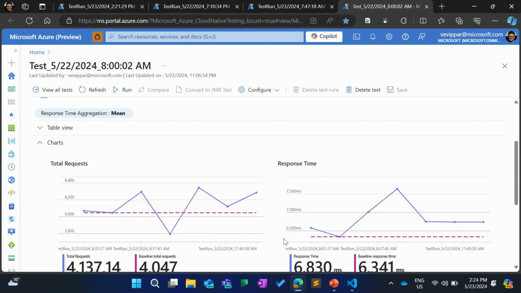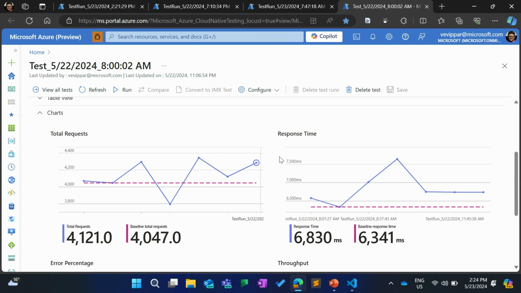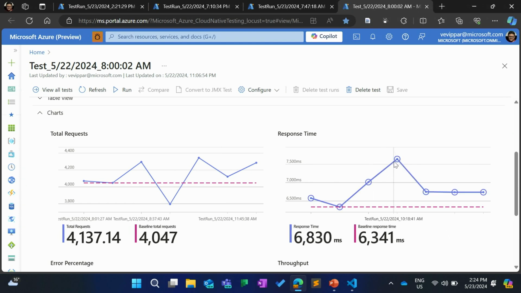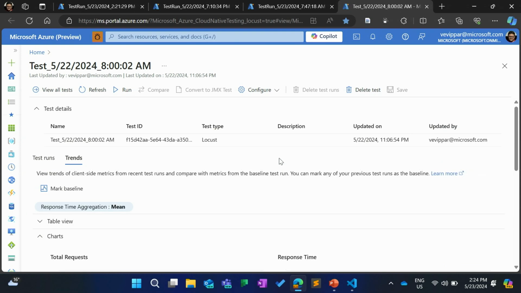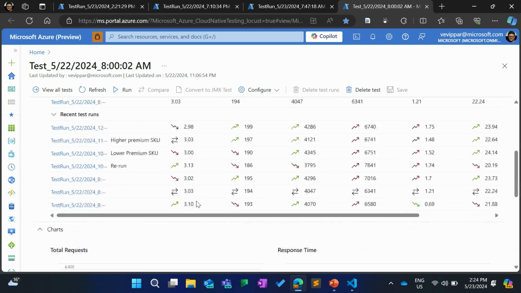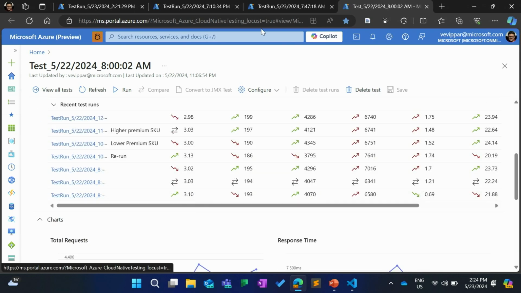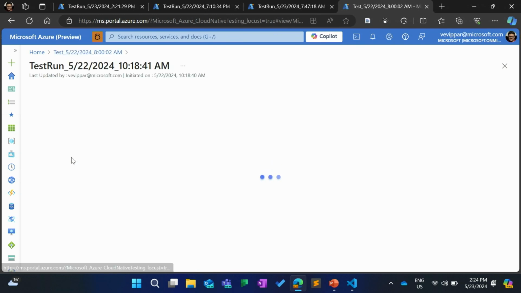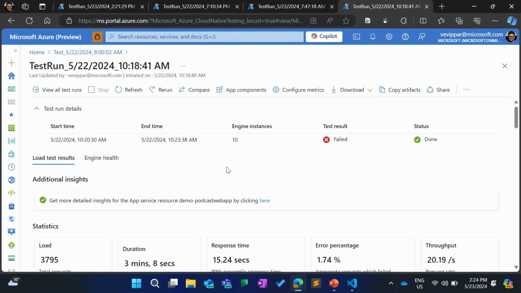And if you want to debug a run, let's say there is high response time here, and I want to know what happened in detail, I can just go to the table view, click on that run, and open the full-blown dashboard that we just saw. So all of the generation of high-scale load and the monitoring is taken care of by the service.